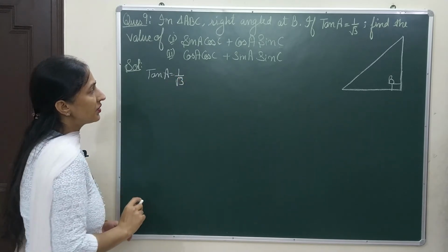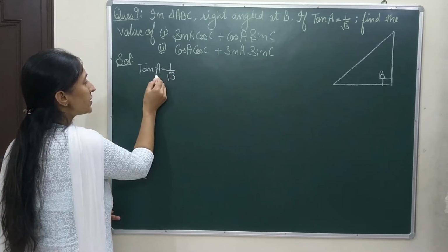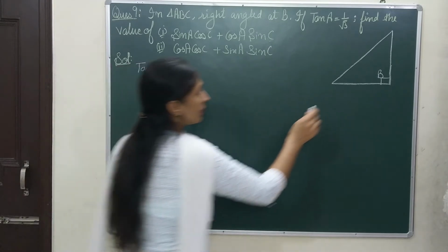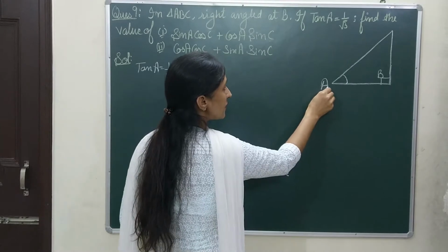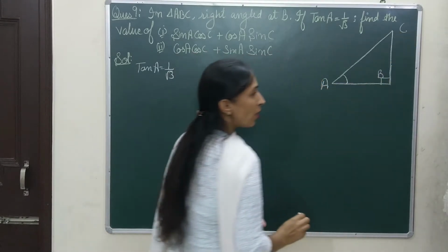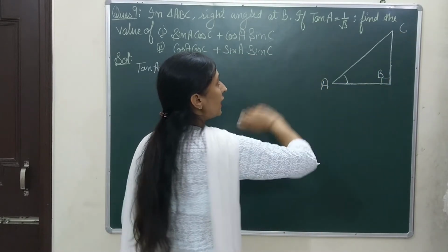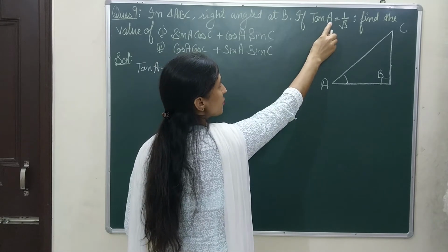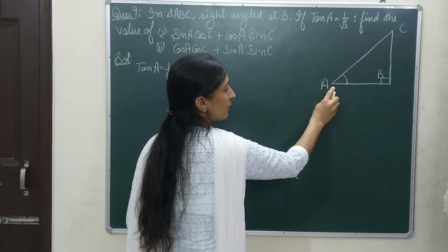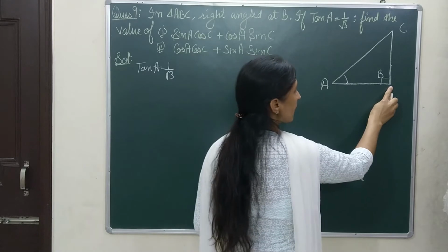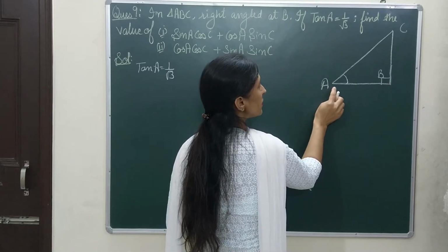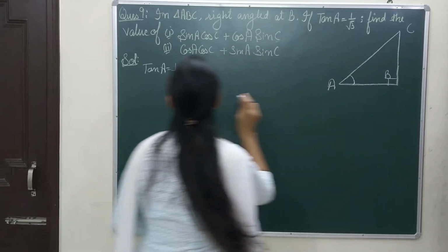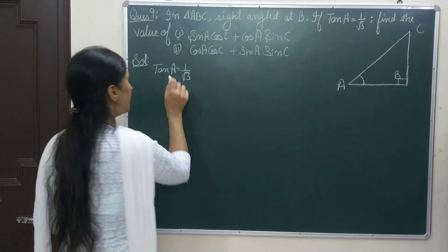As tan A is having this value, that means the angle of consideration here is A. That means A is lying there at the base. Then where is C? Yes, C will be here on the top because we are talking of angle A. A is the angle of consideration and that angle must be there on the baseline. So on one side is the right angle and on the other side is the angle which we are going to consider.